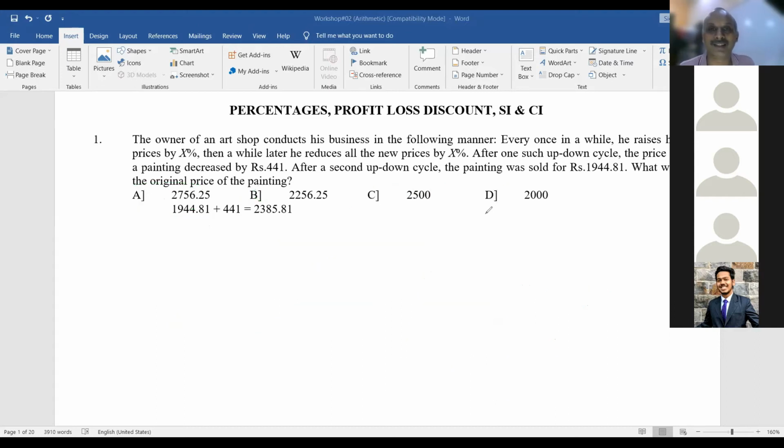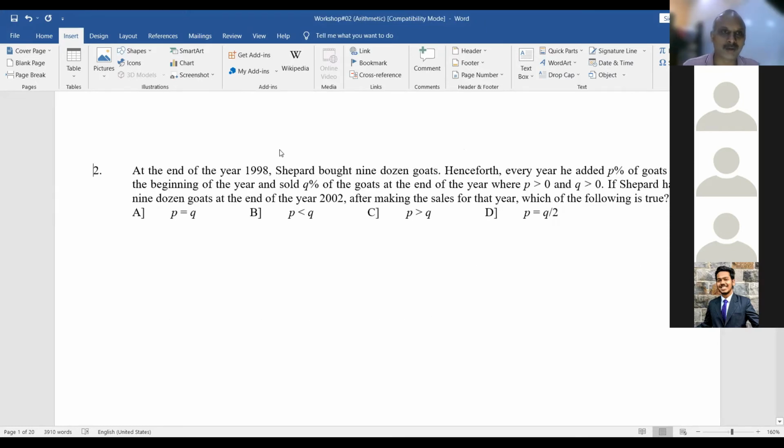And let me remind you, this is an actual CAT problem. It's a very old problem, but it's a CAT problem. If you can think like this, without assuming the initial price was Y and forming the equations and solving them, which is too lengthy, you will get the answer, but after 2 or 3 or 4 minutes. All right, so our next problem is this.